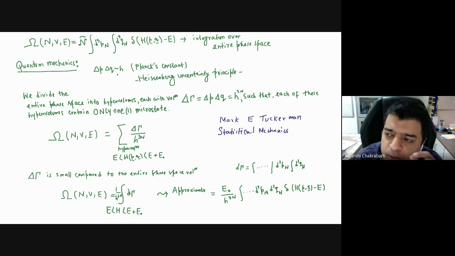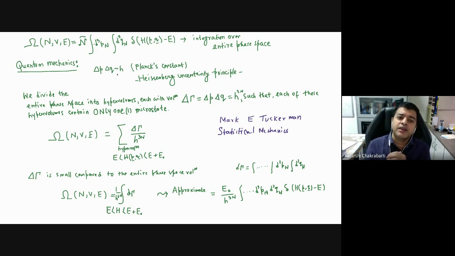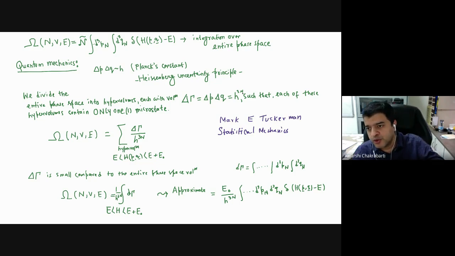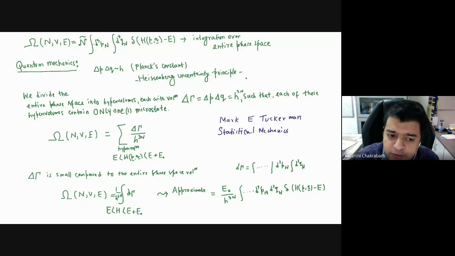So the tiniest possible volume element you can have in the phase space is restricted by the Heisenberg uncertainty principle, isn't it? And that is equal to h to the power of 3n if it is 6n dimensional. Of course, in 1 dimension it is h, in 3 dimensions it is h cubed for a single particle, and if you have n particles, it has to be h to the power of 3n. Okay, so this is your